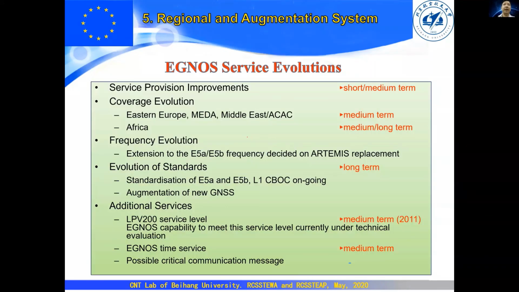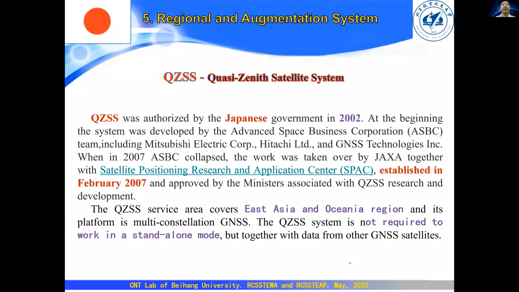And the QZSS, this is from Japan. It started from the year 2002. It's to increase performance, by JAXA, the space agency of Japan. It's because EGNOS cannot be used in Japan, as well as WAAS cannot be used in Japan, in the East Asia area. So no one can use an enhancement system, so Japan set up the QZSS system to provide